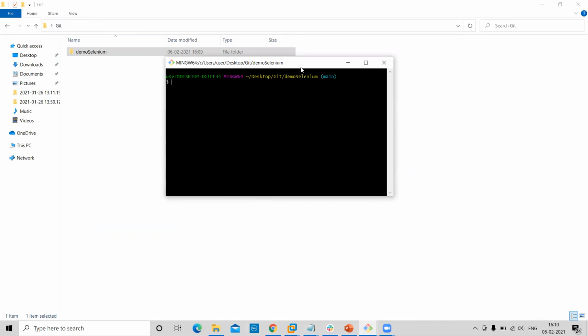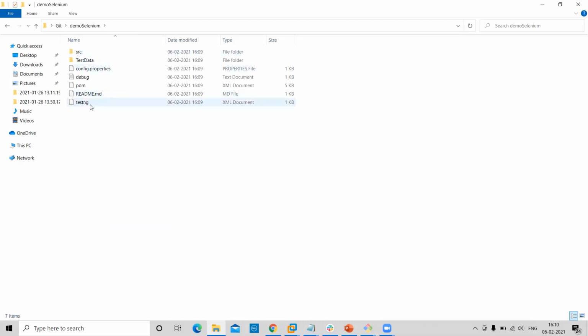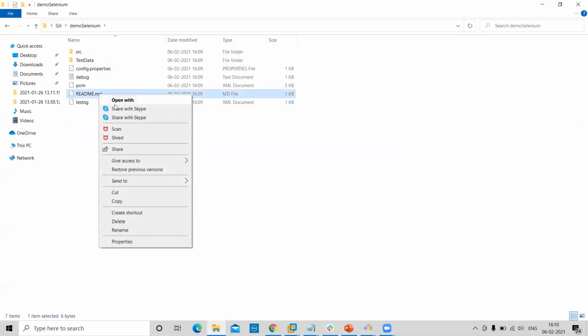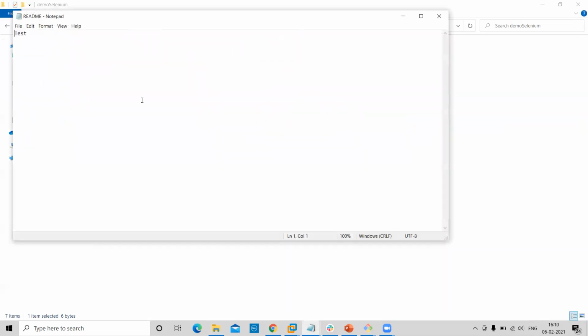Now if we want to push the code we have worked on at the local system, let me show you here. I'm going to make some changes in this file, test2. I have added one extra line, test2.